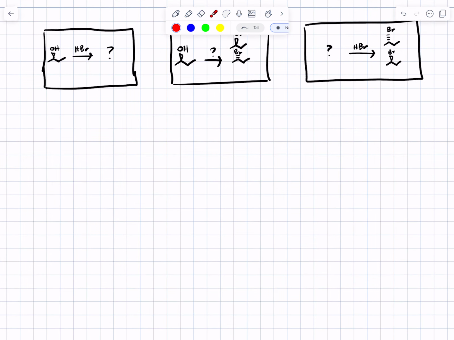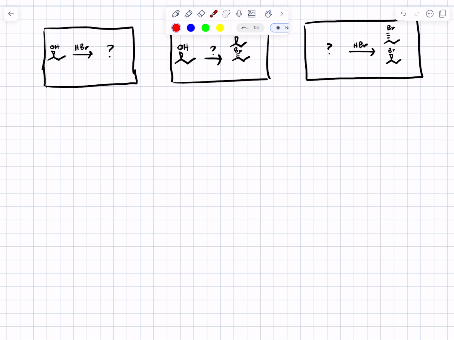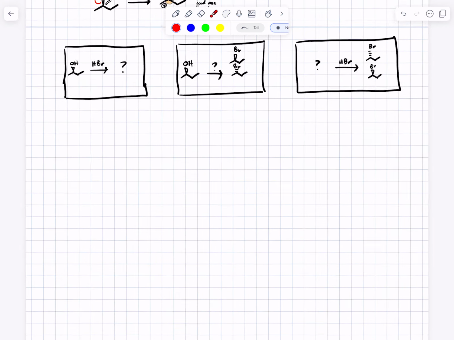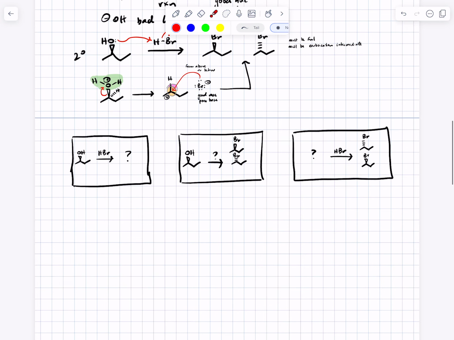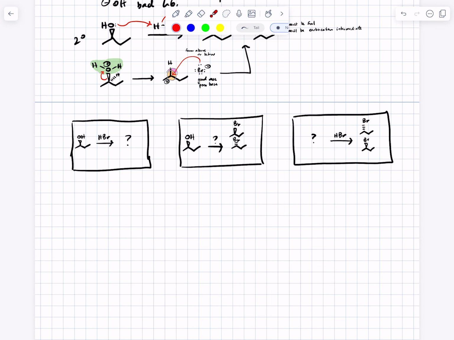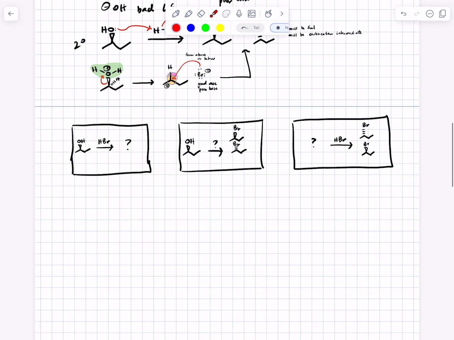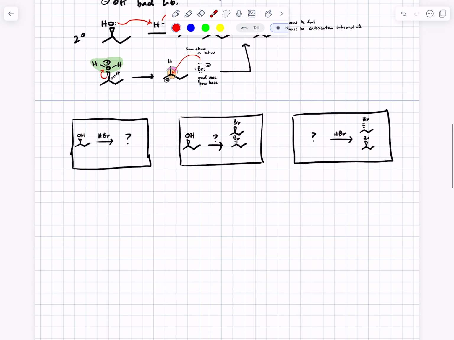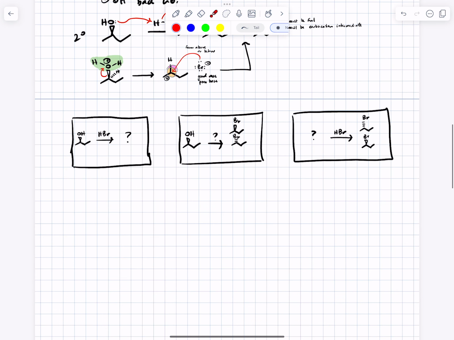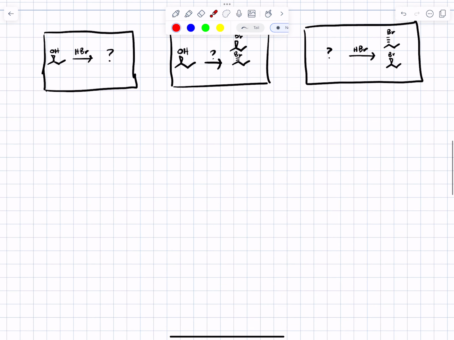There's something kind of interesting but also complicated that's been happening in the background anytime we had a carbocation intermediate. So I'm going to introduce this by showing you a slightly different version of the same reaction we just dealt with. It's going to be a secondary alcohol, but the nearby groups are going to be a little bit different. So